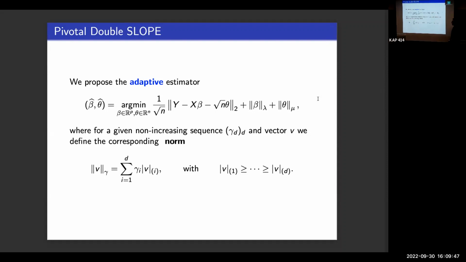And then finally, to be robust, we know that we can just add a term, minimize over beta and theta, and penalize with respect to theta. So all of these ingredients exist in the literature. We just needed to put all of them together. If you know all of these things, you may think that this would work. This estimator is supposed to work because it has all the ingredients to work, basically.